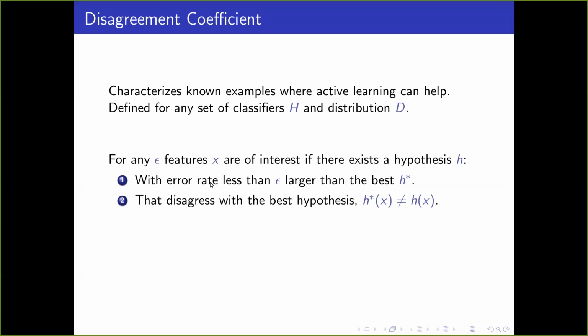Okay, and the question is, do we want to actually query or not? So you have your h star, which is your best classifier. You don't know it in advance. But the question is, does there exist another classifier which is nearby, in the sense that it has a small error rate, but it predicts the other way on that particular x? So if that exists, then there's a disagreement within an implicit version space, which is the set of all classifiers which are within epsilon error rate.